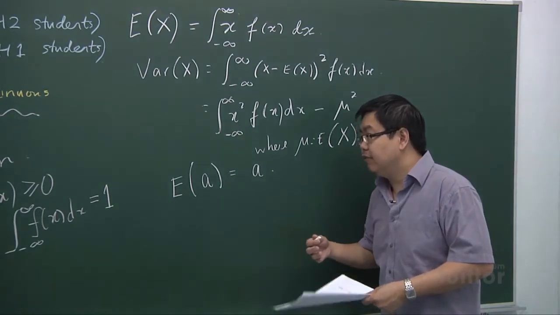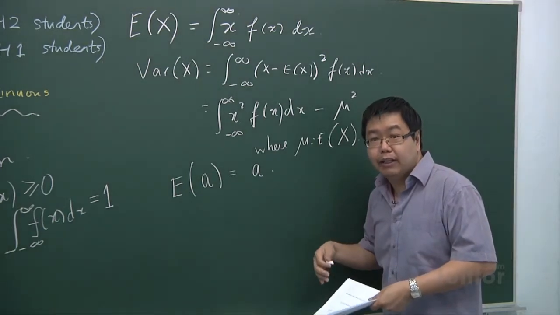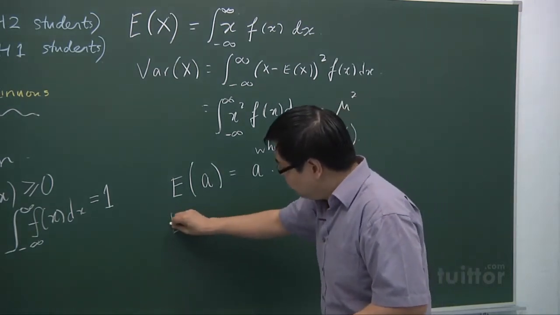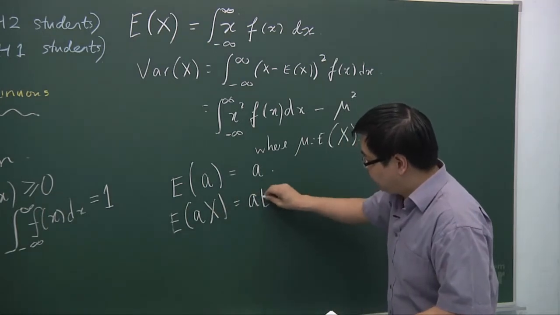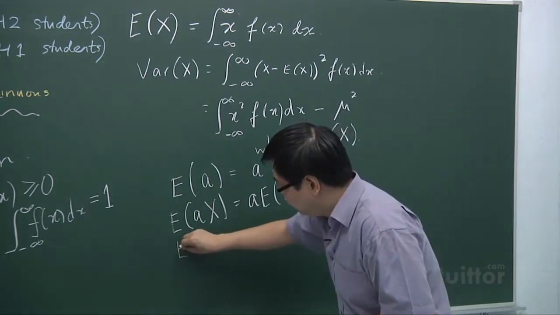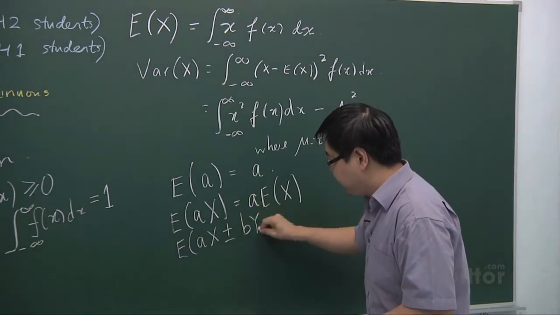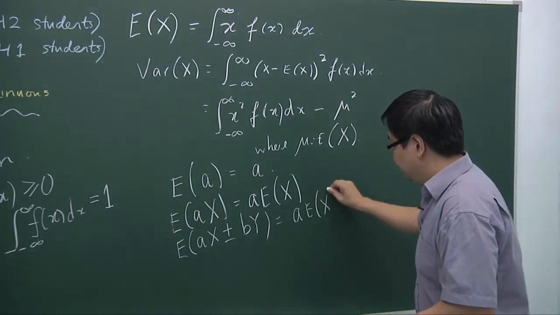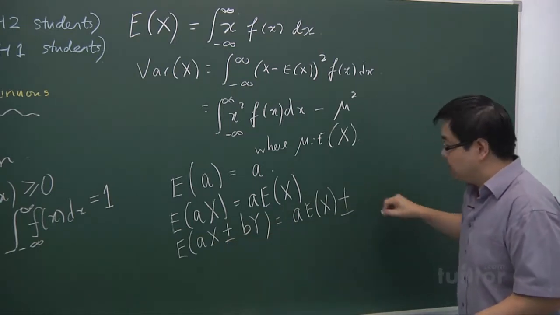But the only difference is that for continuous random variables, questions which require these properties become quite obvious. That means you need to do some of the problems. The expectation of AX, where A is a constant, is given by A times the expectation of X. This is true for both discrete and continuous. And then the third property: the expectation of AX plus or minus BY is given by A times the expectation of x, and if this is a plus, this will be a plus; if this is a minus, this will be a minus,